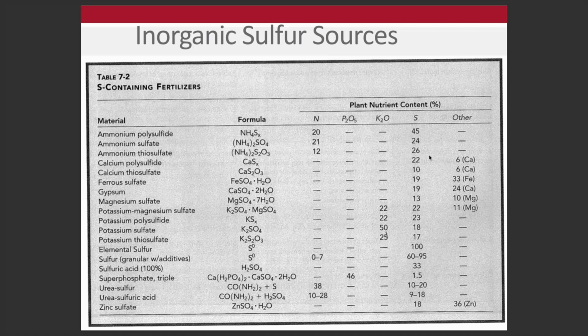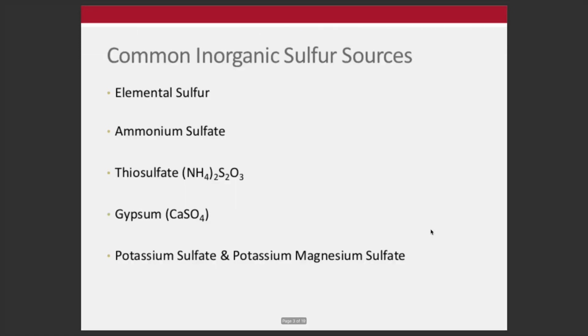Okay, and so this is again a big kind of nasty table, and we can see that some of the sulfur sources exist. Very few of them actually exist by themselves, but some of them might exist with nitrogen or with calcium, with iron, with N, P, or even K. So there's a lot of things out there. I'm going to talk really about the most common ones, and that's this list right here: elemental sulfur, ammonium sulfate, thiosulfate, gypsum,